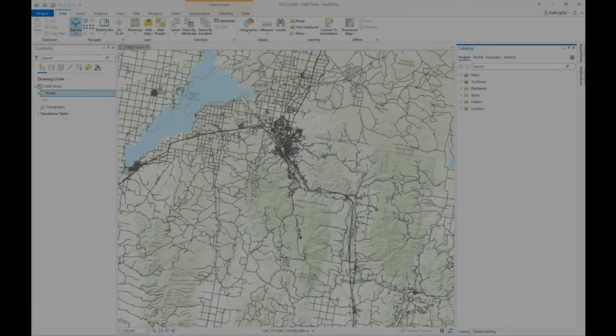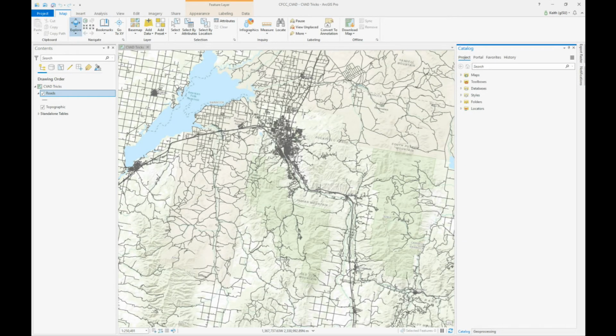Okay, so let me set this up. This is ArcGIS Pro. You can probably see very clearly we're looking at a portion of southeast Idaho, and by glancing over here at our contents pane, you can see that we are looking at one layer, and that is our roads layer. Now, this layer has been clipped from a Western US wide, very comprehensive roads layer for the